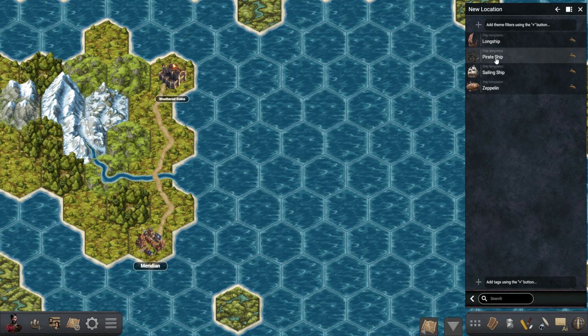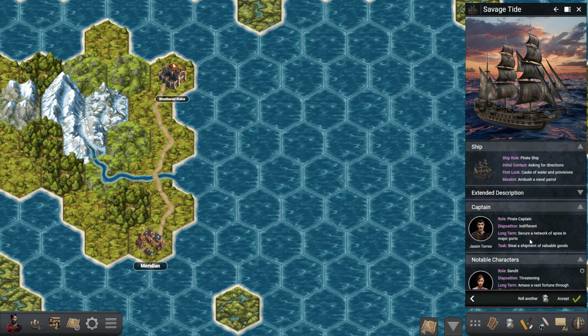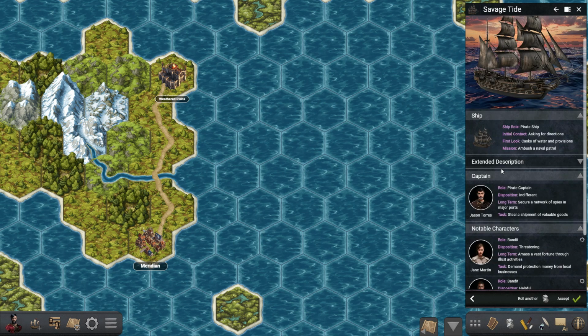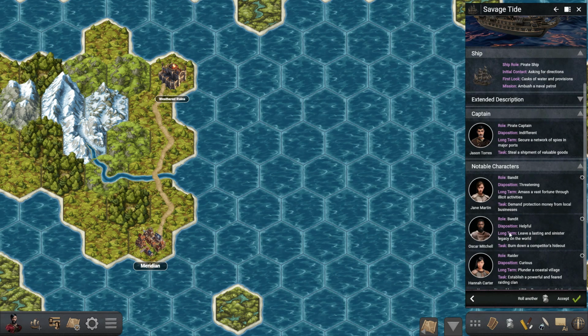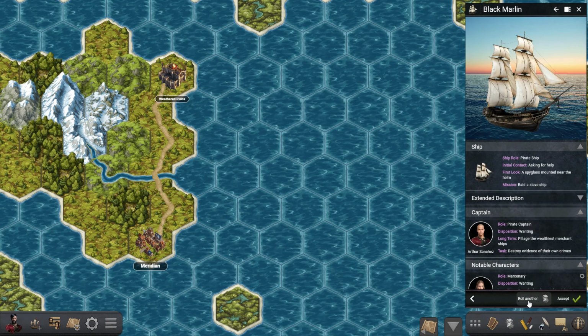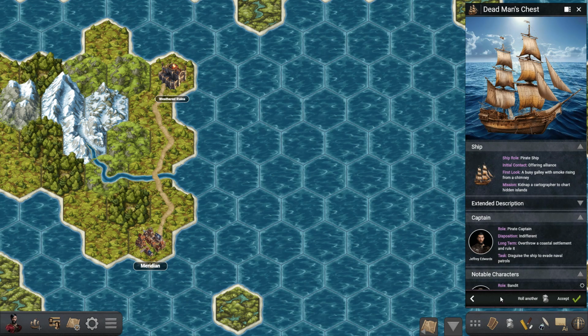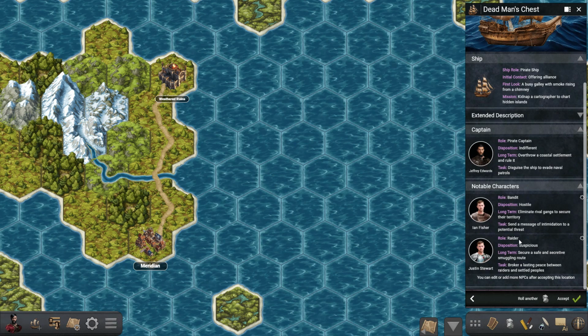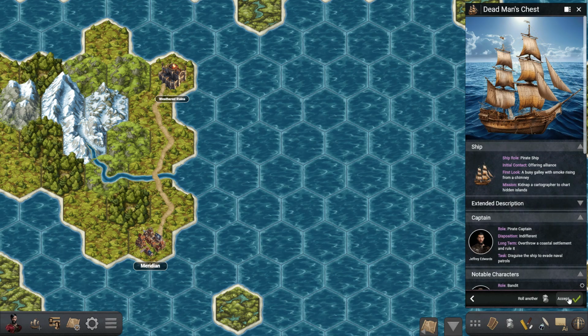And the next thing I want to show you are the new ships that you can add to your game. So let's start with the pirate ship, and you'll see that it generates an image and a crew for the ship with all kinds of details, and you can press here to roll, and we can roll a couple times until we get one that we like. Let's say that we choose this one, we press accept,